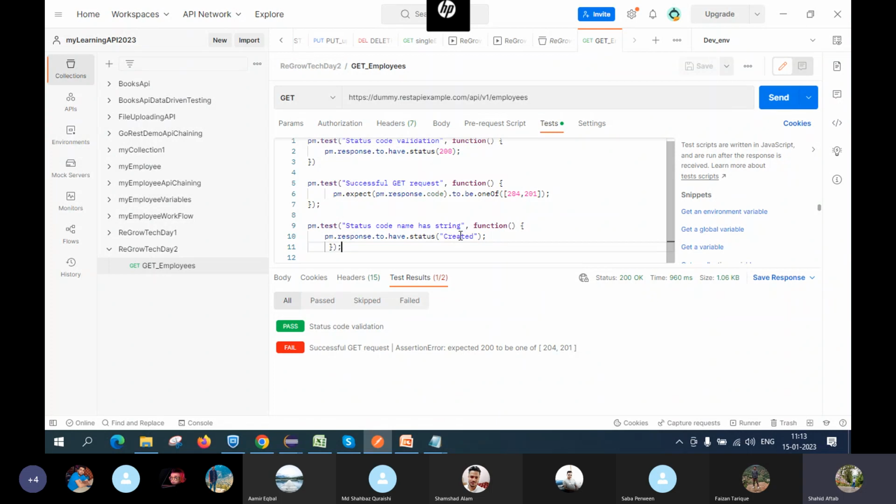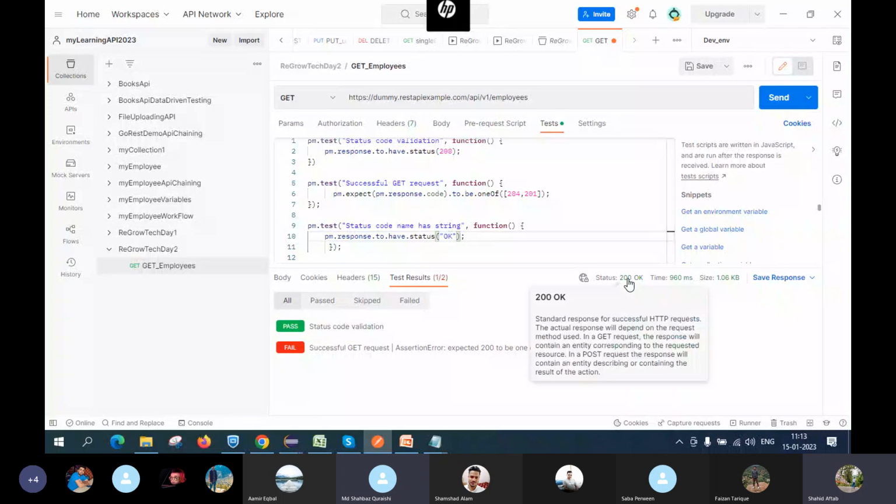क्योंकि तुमको लगा कि यहाँ क्रिएटेड होना चाहिए, तो तुमने क्रिएटेड लिख दिया कि रिस्पॉन्स के स्टेटस में वो स्ट्रिंग में क्रिएटेड होना चाहिए। तो सही है या गलत? गलत है, तो यहाँ क्या होना चाहिए? कोड ओके होना चाहिए, क्योंकि तुम यहाँ देख रहे हो कि 200 का मतलब ही यहाँ ओके बोल रहा है।